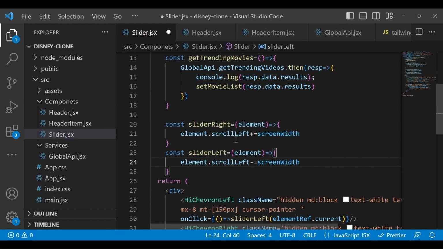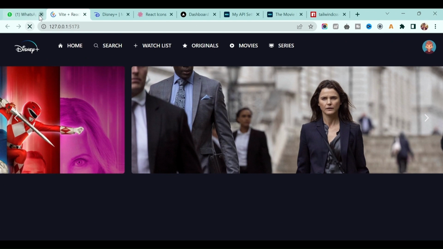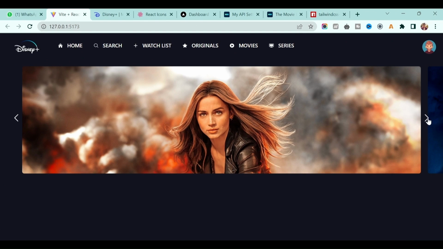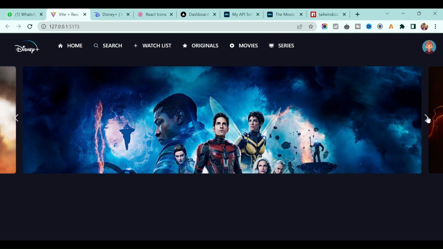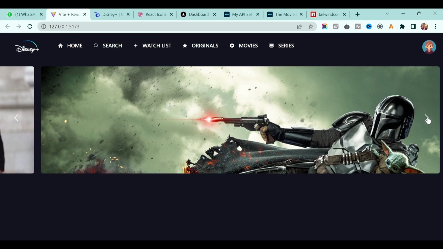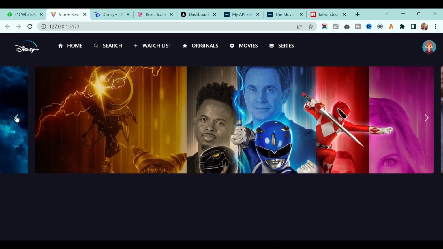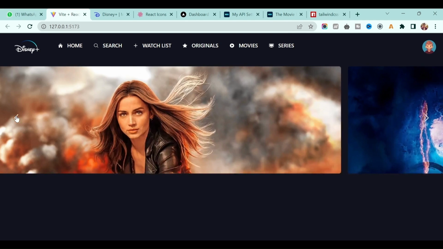Now depending on the plus minus, we will define screen width, and we already gave the padding on both the x-axis, right? So I will remove that here, and the same with this one. Then save it. Now if you go back, refresh the application, and click next, you will see only the whole image gets changed, beautifully. That's what we wanted, and it worked perfectly for the left navigation and the right navigation.